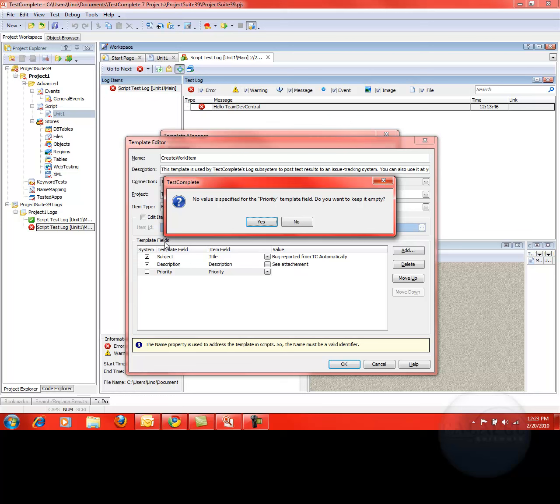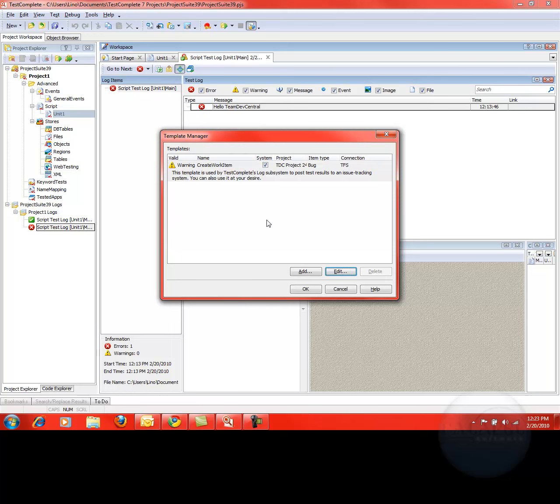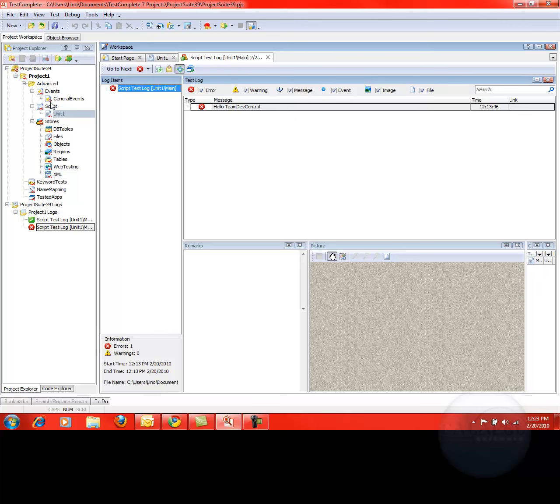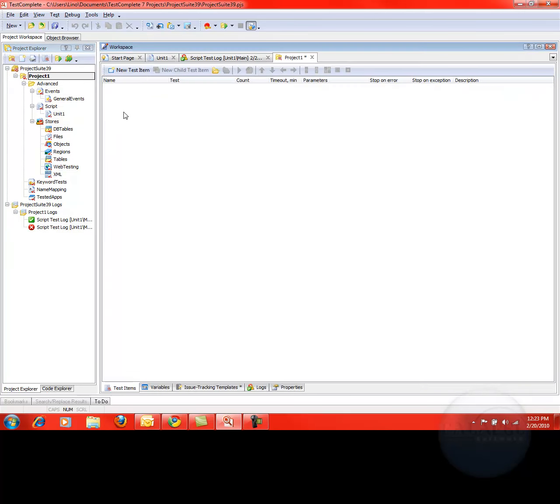It's a good idea, of course, to say that anything coming from TestComplete should be a high priority, for instance. So you can actually put high in here, and that will work as well. All right. We'll say okay, there is a warning here because we did get a warning. One of the fields, which is priority, was not there. That's fine. It will still work. We'll say okay there. And now let's go ahead and go to our project and add a new item